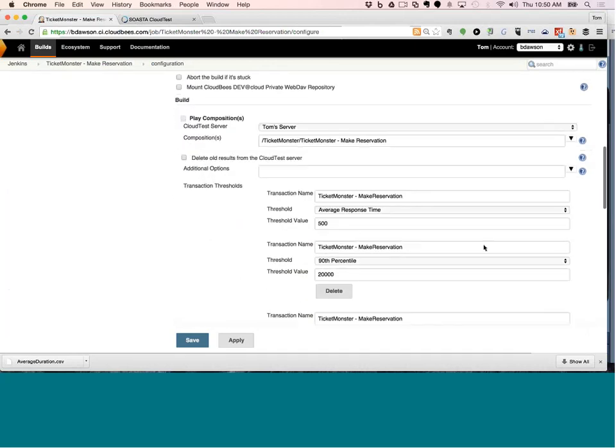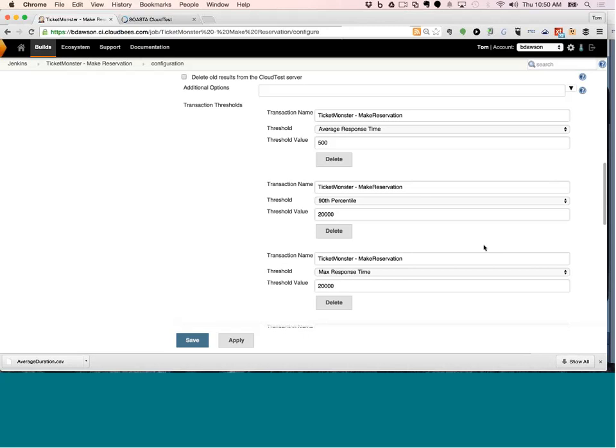So instead of just running the test and seeing did the test run, I can actually ask the server to give back some data about the test run. Say, how long was the average response time for making a reservation? What was the performance at the 90th percentile? So the slowest 10% looking at that point. And what is the maximum response time across the whole test script?